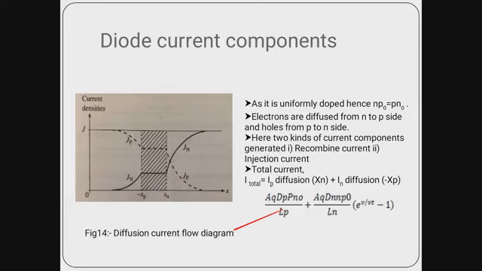Now in the case of electrons, suppose this is x equal to minus xp, that means electrons are diffused from N to P side, and after going a certain distance, this is the maximum point. Here the concentration is much higher as compared to this. Here the value would be, suppose, 1. So when the distance is increased gradually, the same phenomenon is happening over here. The plot is gradually decreasing in exponential order.